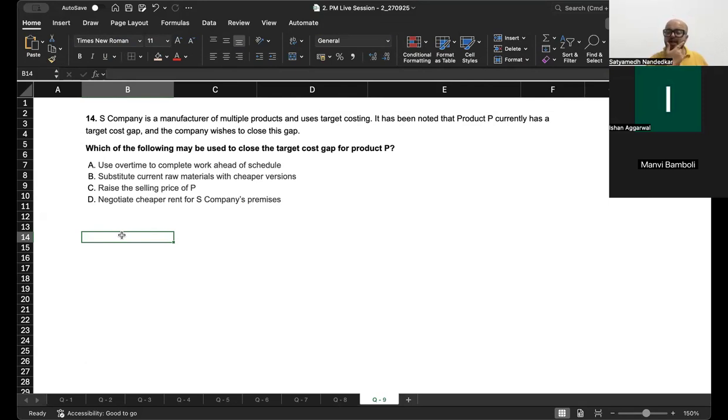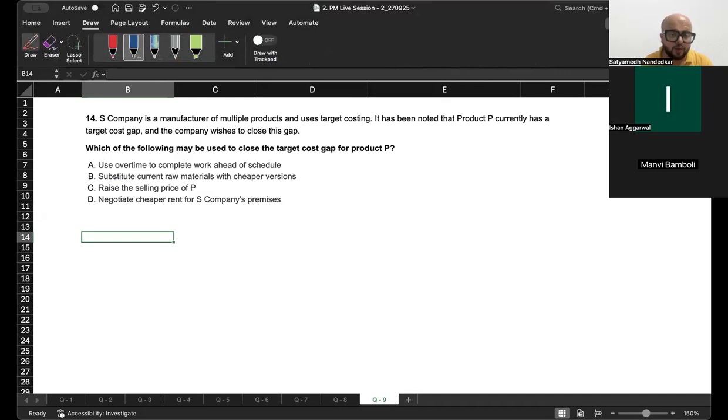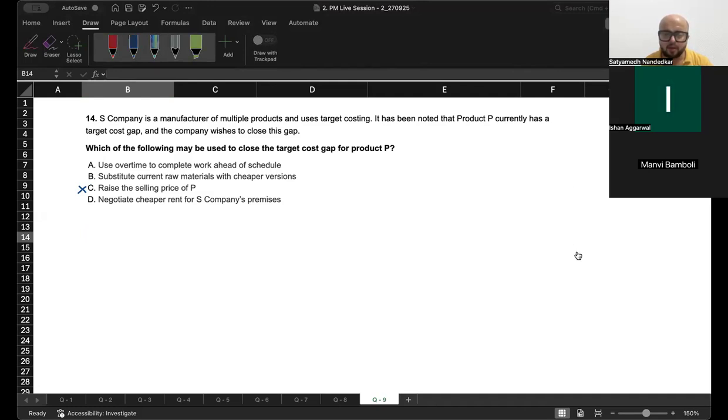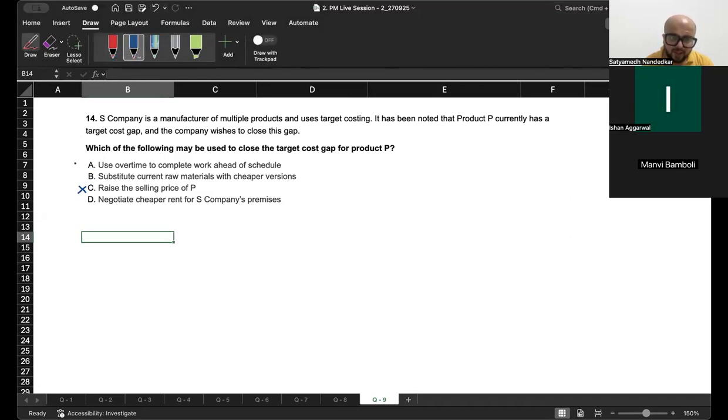See, if you want to close the target cost gap, you have to reduce the actual cost. So increasing the selling price of P is definitely not an option. So option C is ruled out. Then use overtime to complete work ahead of schedule. If you use overtime, तो क्या होगा? Then see, overtime costs are usually more than the regular cost, right? So when you use overtime, तो आपका कॉस्ट बढ़ेगा,